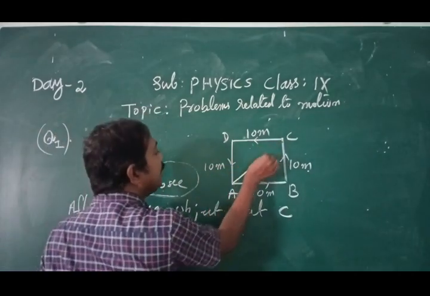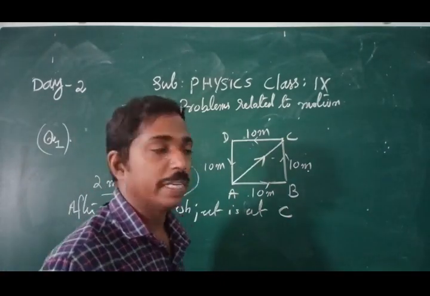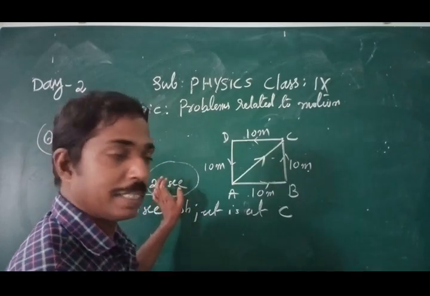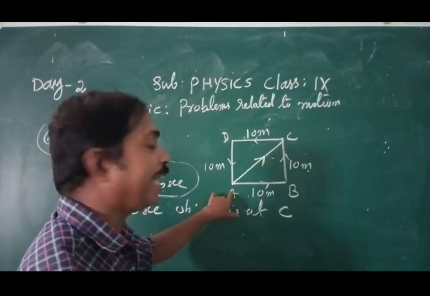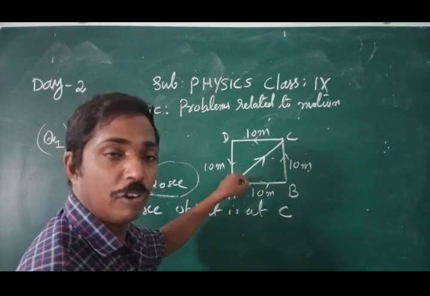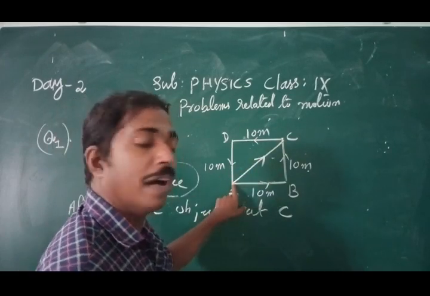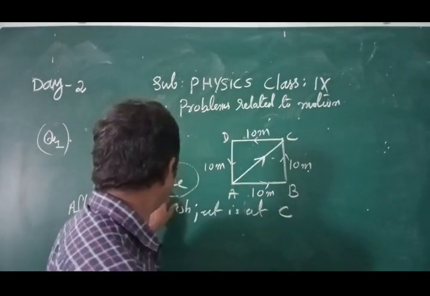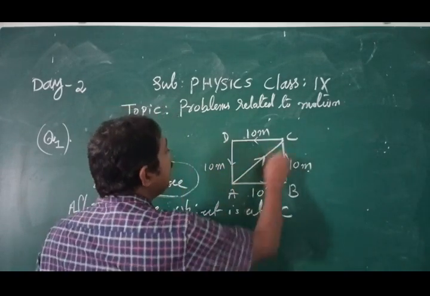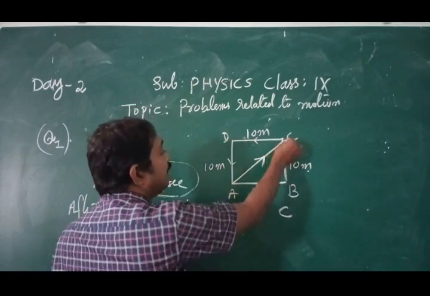So AC is the displacement. This is an important factor you have to understand. The total time given is 2 minutes 20 seconds. After 2 minutes it will be at A. Every 40 seconds it covers one round, so 40, 80, 120, and after 120 it is at A. Again, 20 seconds only, so it can reach only C. So AC is the shortest distance from A to C.